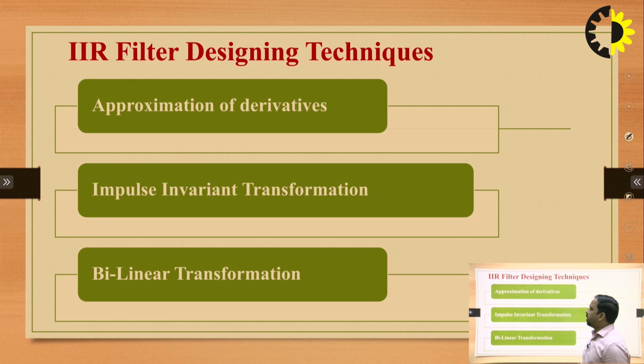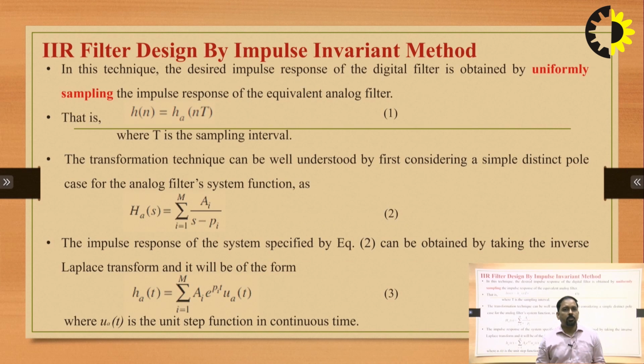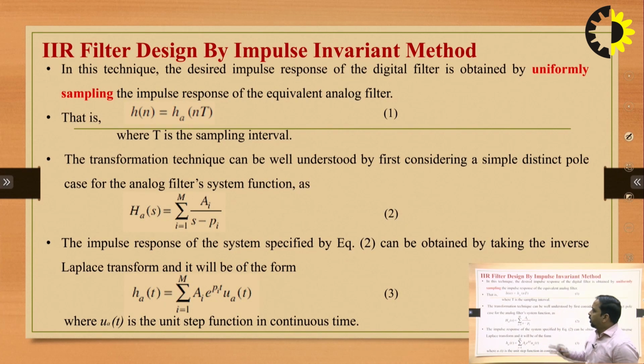We'll start with the impulse invariance transformation. This technique is a bit obsolete. So, we are going to start with our impulse invariance transformation technique. What happens in this impulse invariance? In this particular technique, the desired impulse response of the digital filter, h of n, is obtained by uniformly sampling the impulse response of the equivalent analog